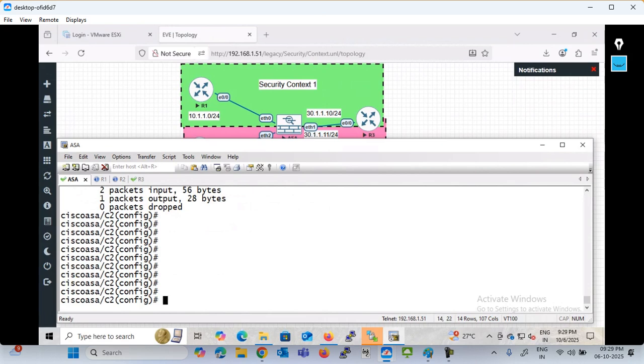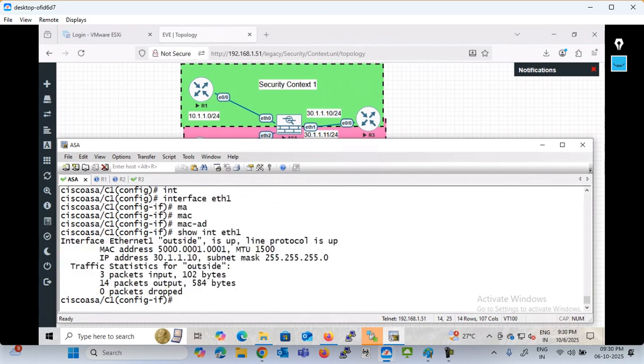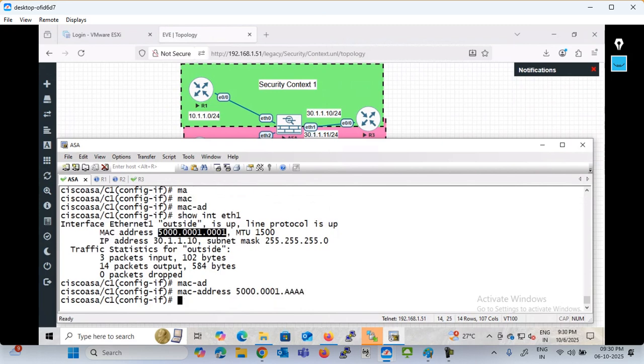Okay, I guess where I can change it. Yeah, under the context we have to change it. So I'm moving into this one, and I'm moving to the interface eth1 and MAC address. Okay, before that, show interface eth1 MAC address. So I will copy the same MAC address, and like this is A for me, okay,